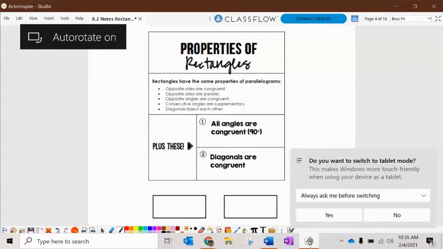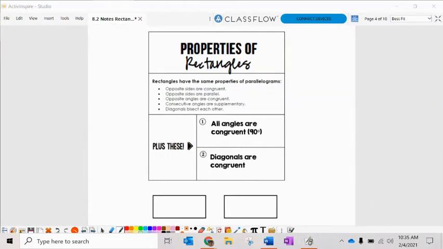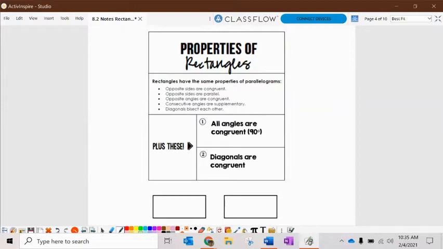Talking about properties of rectangles. Now, rectangles are quadrilaterals, so they are parallelograms, so they have all the properties of parallelograms. Remember, quadrilateral just means they have 4 sides, and parallelograms means that opposite sides are parallel and opposite sides are going to be congruent, opposite angles are congruent, and consecutive angles are supplementary. The diagonals bisect each other, all that good stuff that we talked about last class, plus these 2 additional properties